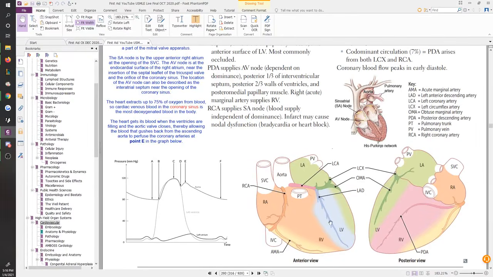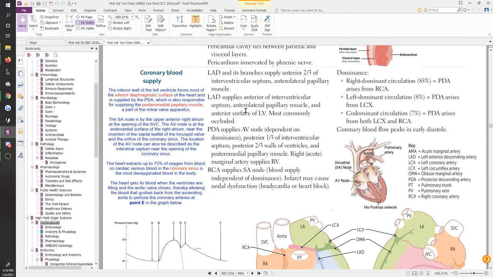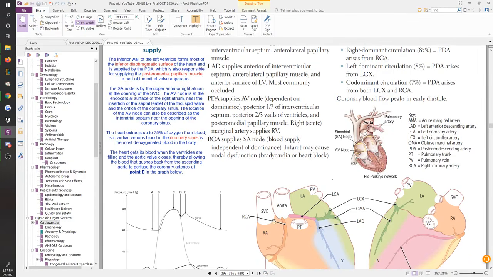Know where the blood vessels go, and also know the nodal supply, right? So here is just a quick revisit of that, where you can see your RCA is the guy that supplies your SA node, and this is actually dependent on a couple things. So the RCA supplying the SA node is fine. That's never going to change, right? The right coronary artery itself directly provides blood supply to the SA node. So that's right here. Okay.